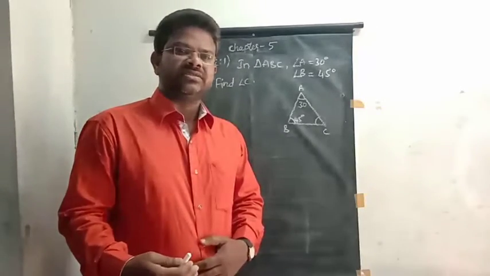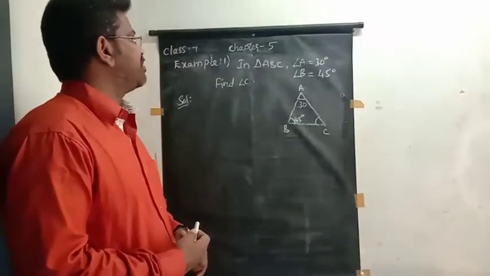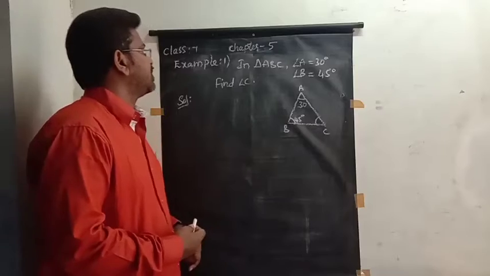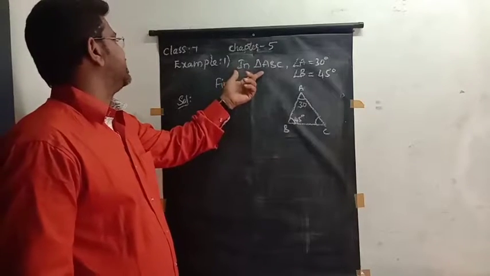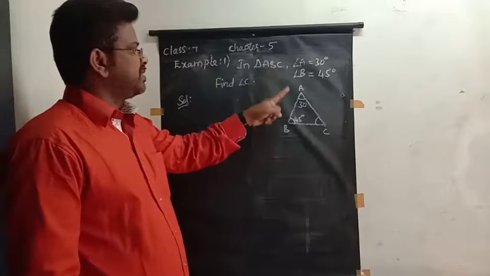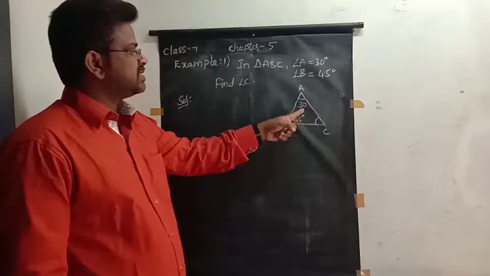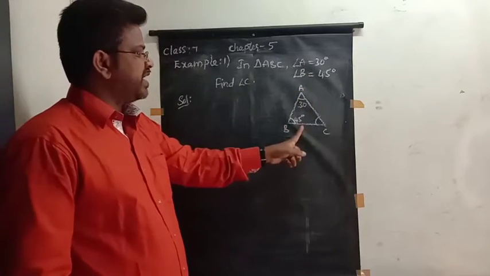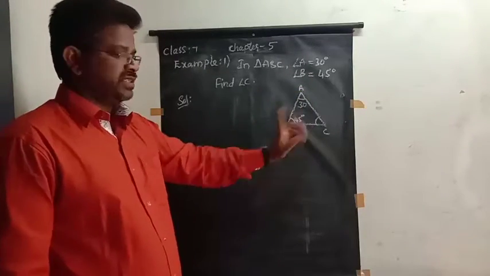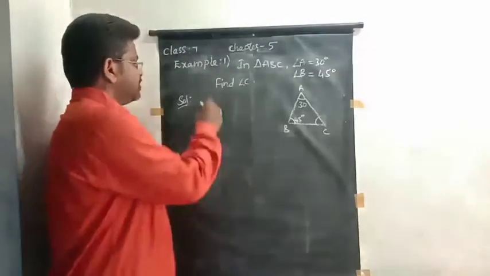In this session, we'll discuss the angle sum property by doing some example problems. In triangle ABC, angle A is 30 degrees and angle B is 45 degrees. Then find angle C. You know, the angle sum property is